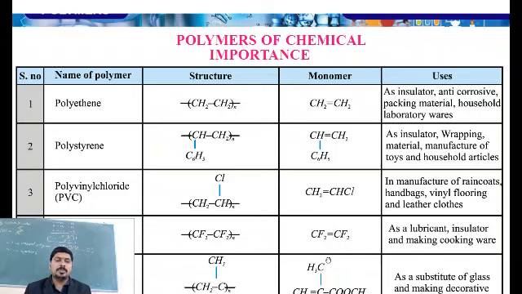Then we are going to have polyvinyl chloride, PVC, and vinyl chloride is the monomer. If you can see here, the carbocation is going to be formed. Then we are going to have the polymerization. You can see the structure there, and it is used in manufacture of raincoats, handbags, vinyl flooring, and leather cloths. The next one we are going to have is